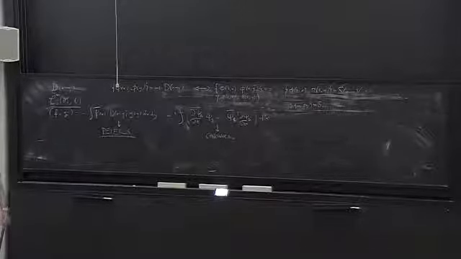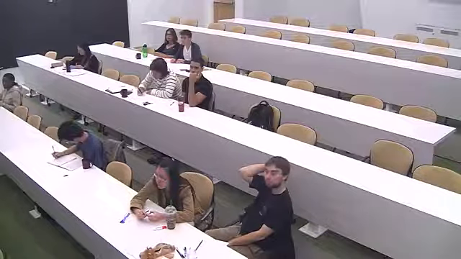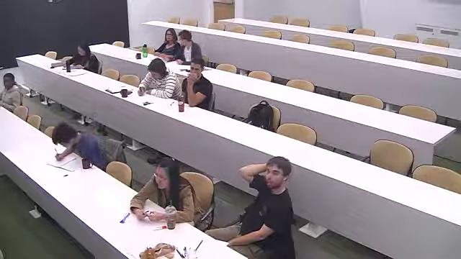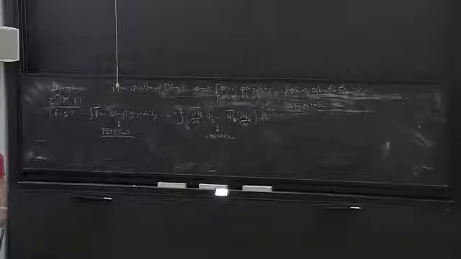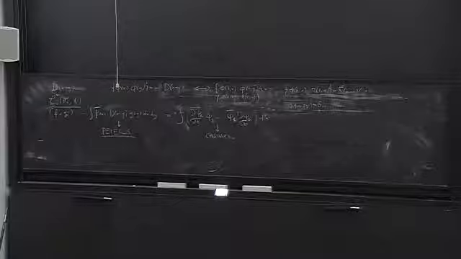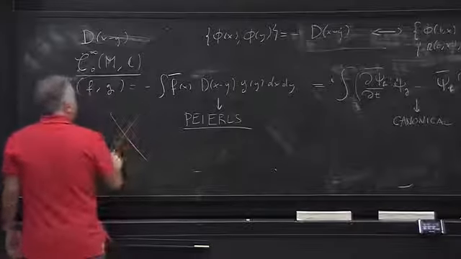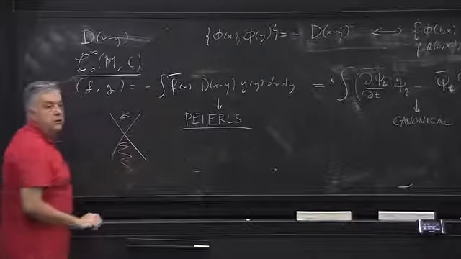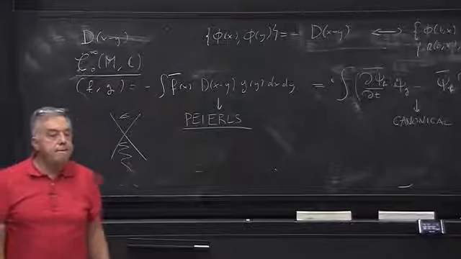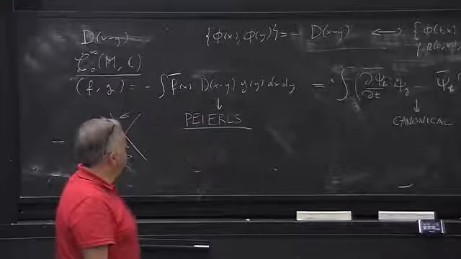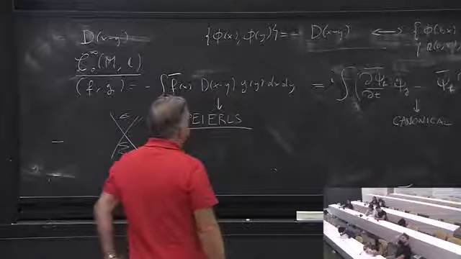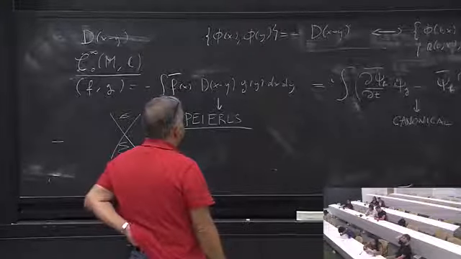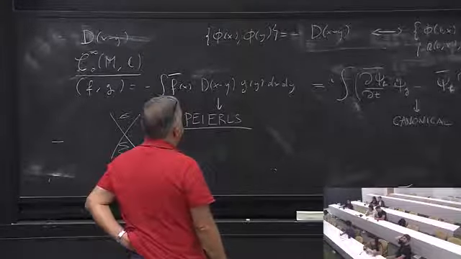So actually, I have a question. So D of x, so D is the Pauli-Jordan function. It's non-zero inside the light cone, right? Minus, there is no i here. Sorry. So it's non-zero inside the light cone, and is zero outside the light cone. So if, say, x0 and y0 are the same, but x and y spatially are not the same, then why is the Poisson bracket of phi at (t, x) and phi at (t, y) zero?